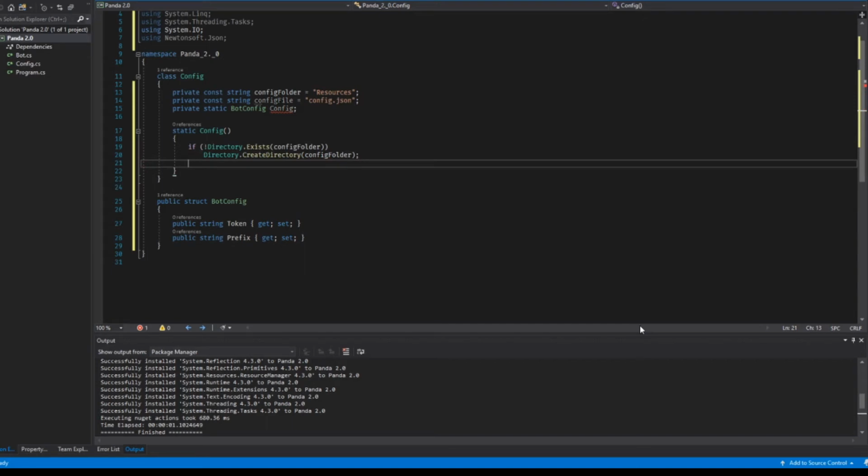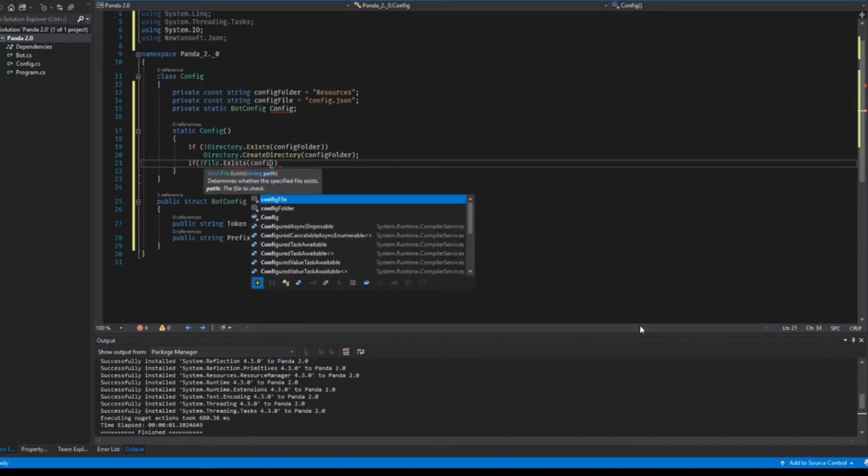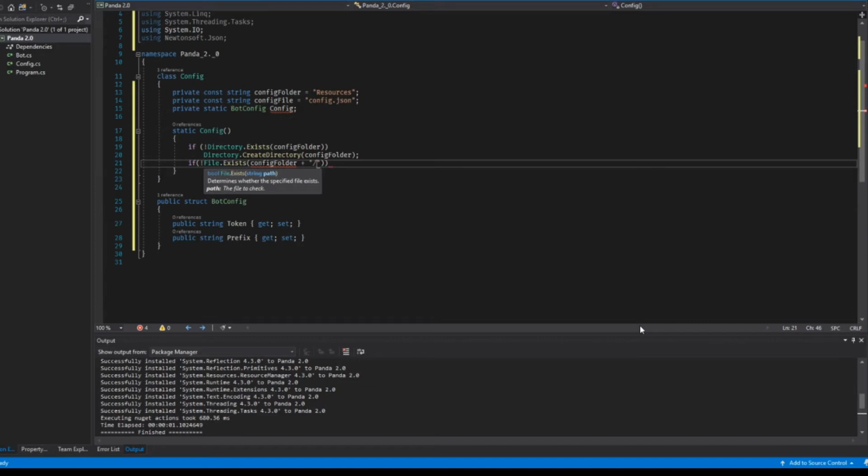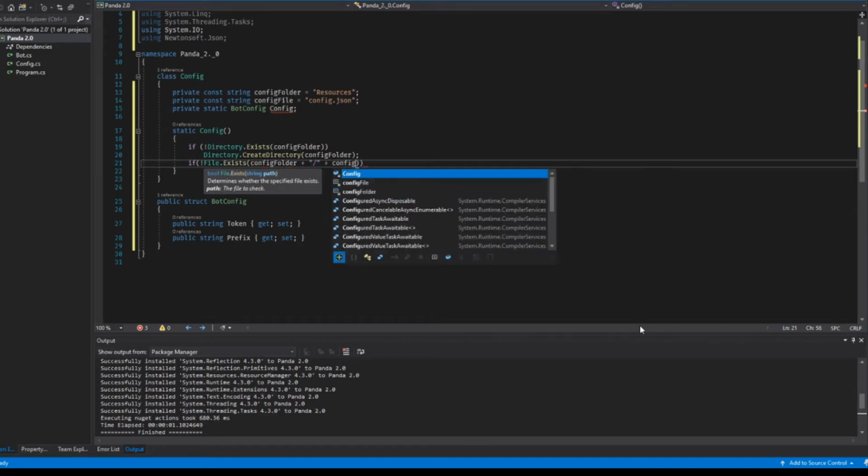Okay, so basically that's saying what I explained. If the directory doesn't exist, it will create it for us. Which is nice, because we're not going to make it, since we don't know where exactly it's going to be. So we're going to make it create and we're going to search for it, which I already know the location of. But anyway, so if not file.exists, okay, config folder plus config file,